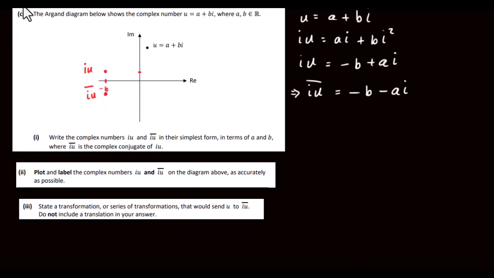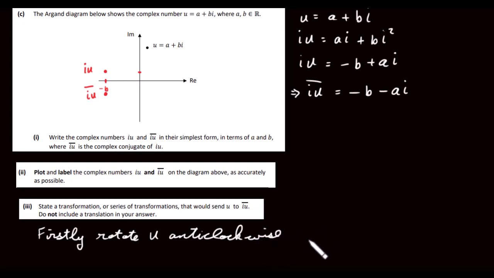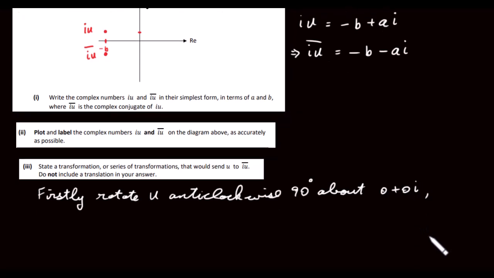So first thing we've got to do is firstly rotate u anti-clockwise 90 degrees about the origin, or about 0 plus 0i, and then